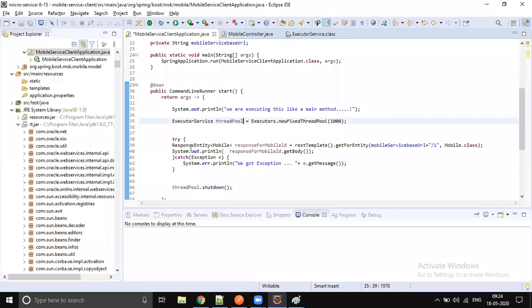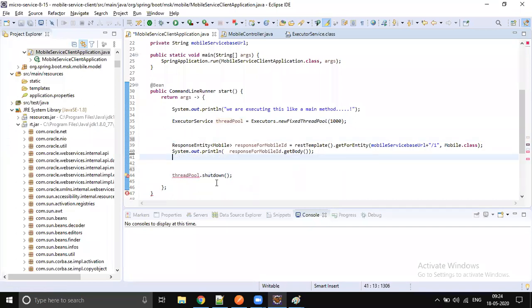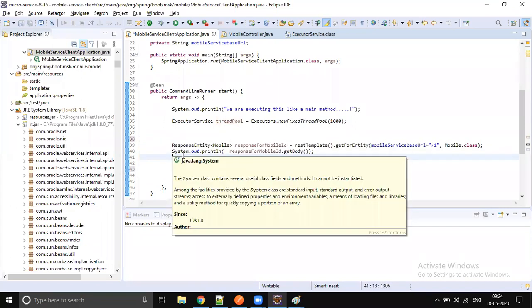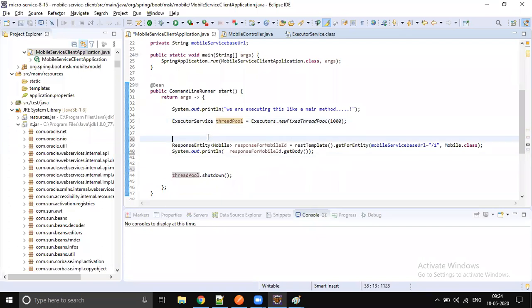Okay, so here this is my task. I want to submit this as each task, so let's remove this try catch. Let's test the positive scenario. Here we are going to hit this URL 1000 times. This is one task. How can we submit this through this thread pool?